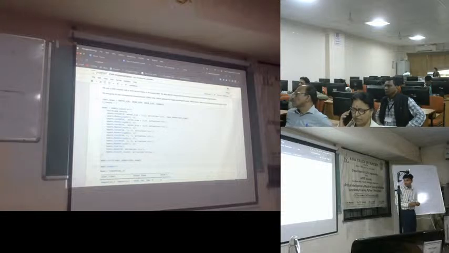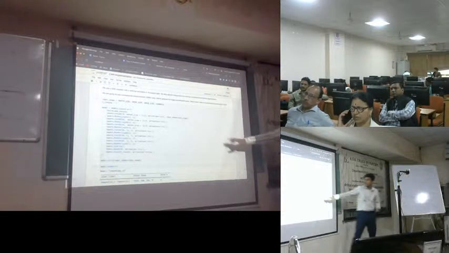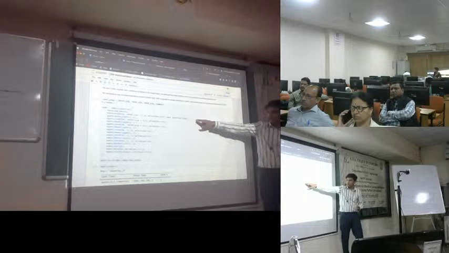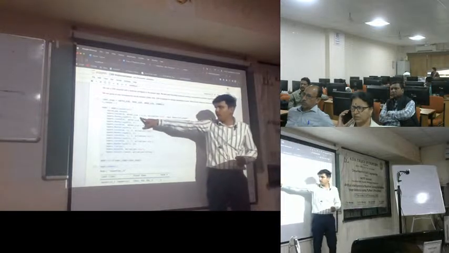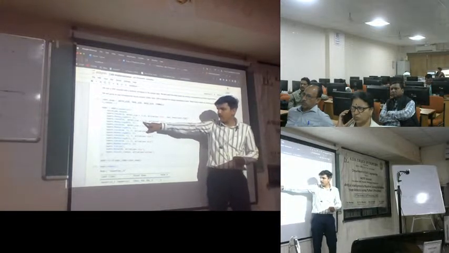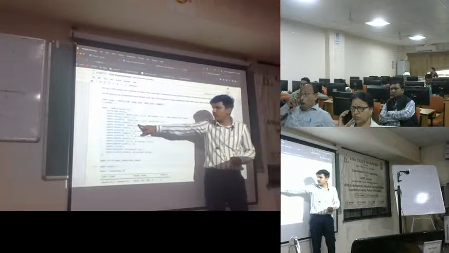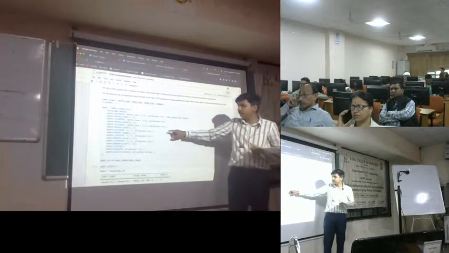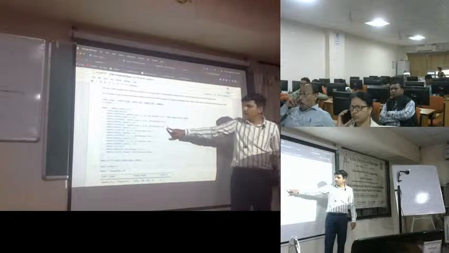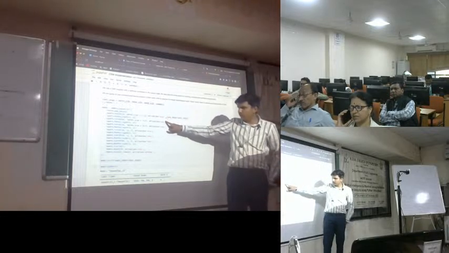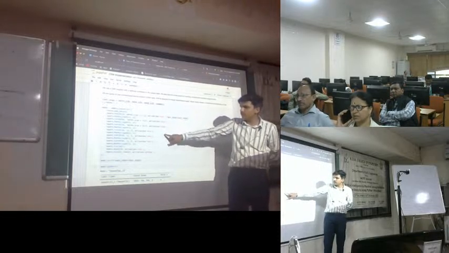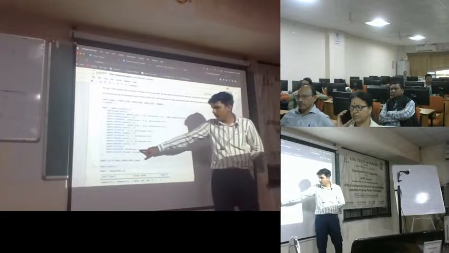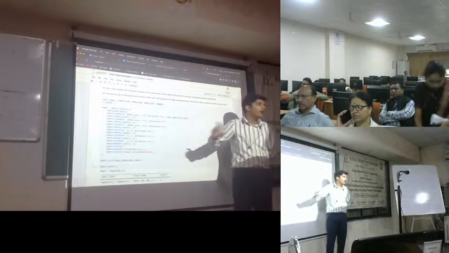Then we have a pooling layer. Here you can see that first we have a convolutional 2D model, then we add a pooling layer, then again we add a convolutional model, then max pooling again. Then again we form a continuous 32, 64, 64, 64. Then we add a dense layer for classifying this image